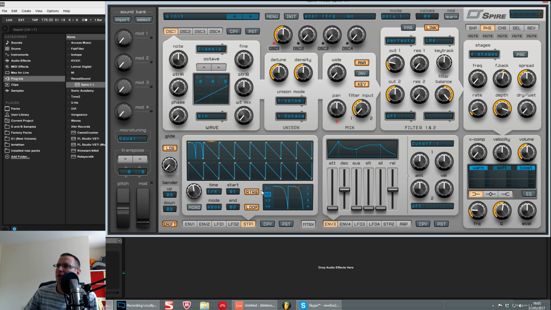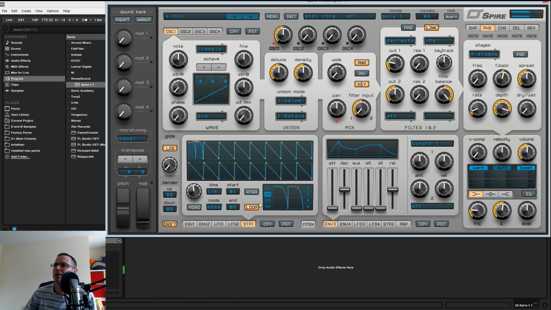You can get it to re-trigger, or you can get it to just run straight through. Turn loop off, it's just going to do an envelope, which is very, very cool. So it then turns this into a step envelope as well as a step LFO. Very, very versatile. Can't go to the point where you can draw your own shapes in, but it's very easy to achieve what you want. Say I wanted like a boob shape, which is something that I use quite often. You can reverse